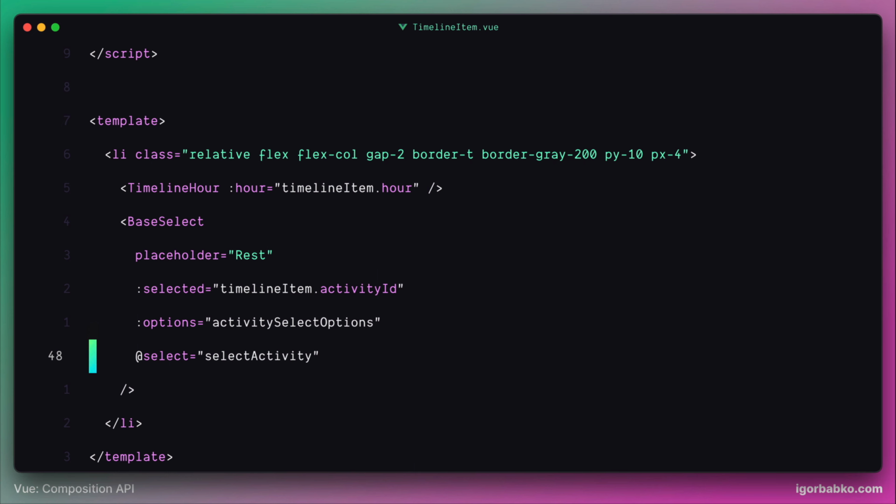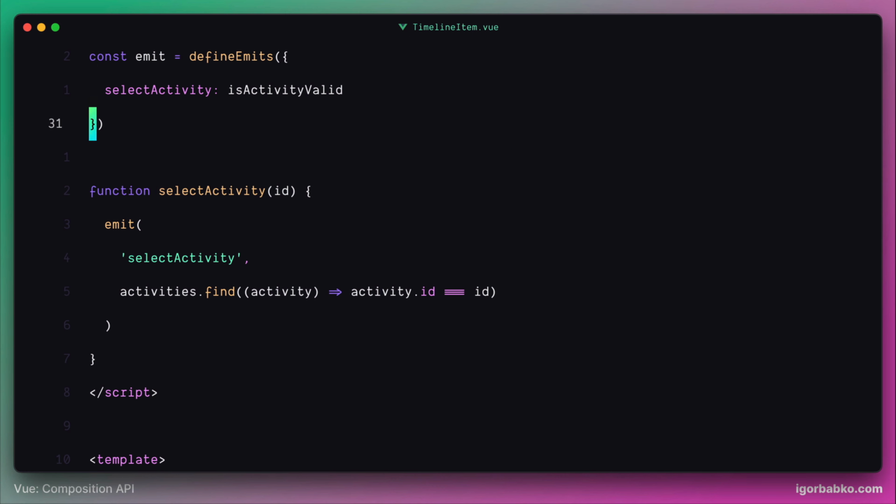After choosing value in that select box, firstly the select activity handler gets called, where we're going to find the activity object by the received ID, and then this whole activity object gets passed to parent component along with select activity event. But here we need to reference activities array by using props object, since activities is one of the